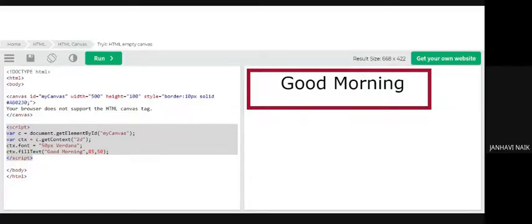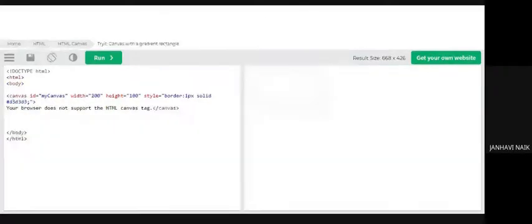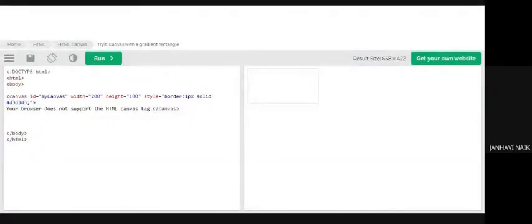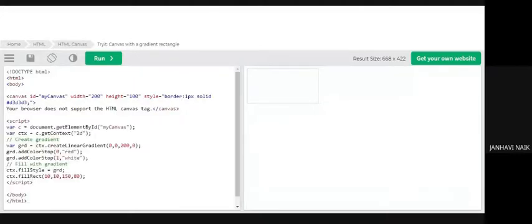Okay, fine. Now proceeding to the next part. Similarly, I'll just run some programs and show you all. This program is again drawing a rectangle only, and I'm writing a script for it.